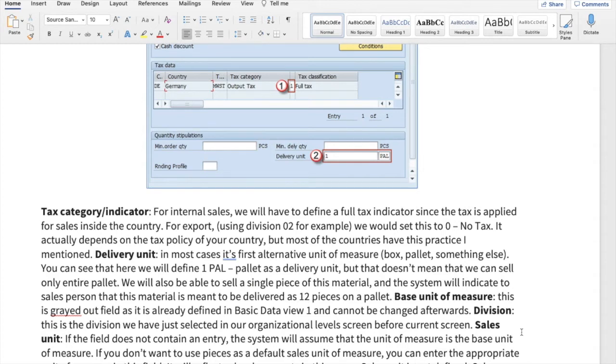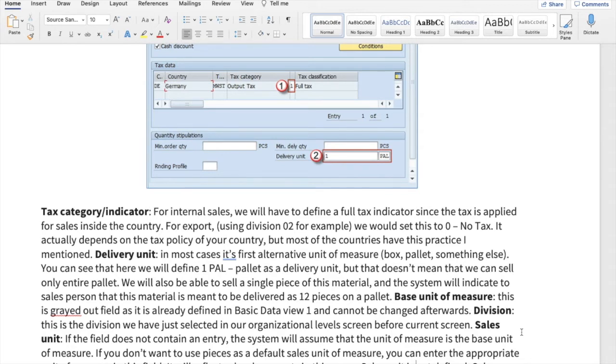For instance, let's say you are selling fasteners or screws. The base unit of measure can be in kg, but the sales unit can be in pieces, or maybe in boxes.